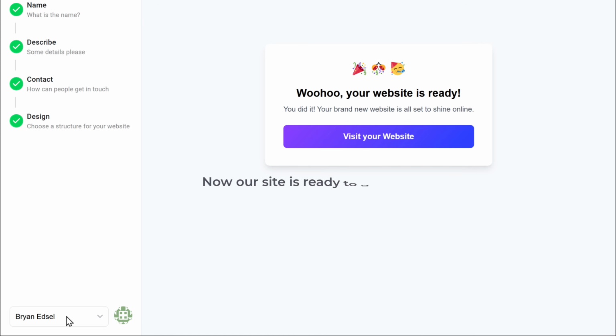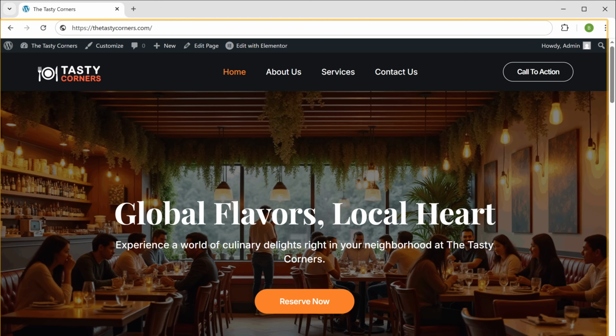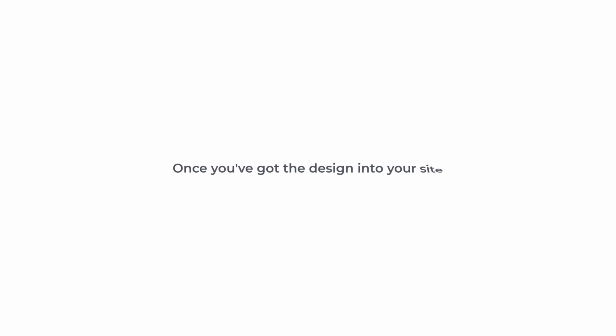Alright, now our site is ready to go, so let's check how it looks. Just click here and you can see we've got a brand new website. Now anyone can access this website by going to this address. So once you've got the design into your site, you can now go to the final step, which is to edit the content. So to edit any page on your site, you just have to go into that page